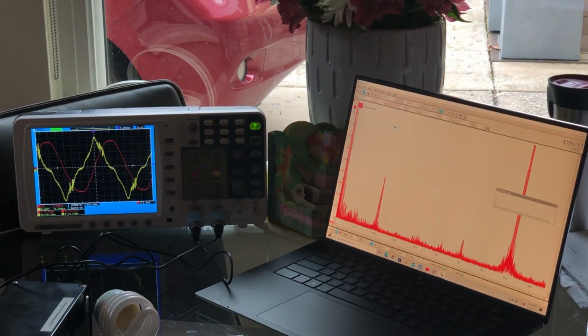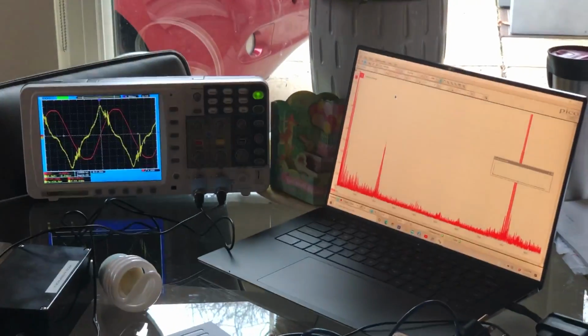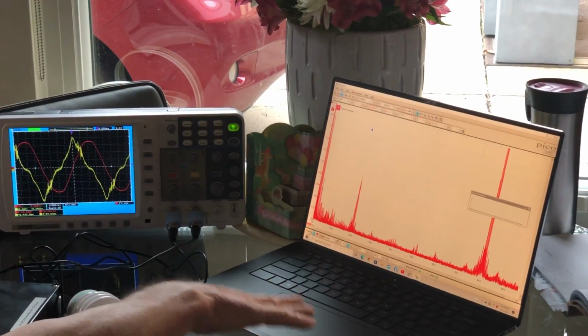We can't eliminate all of the problem because it comes in through the hots, through the grid, and our own switch mode power supplies due to our different devices. So I'm going to plug this